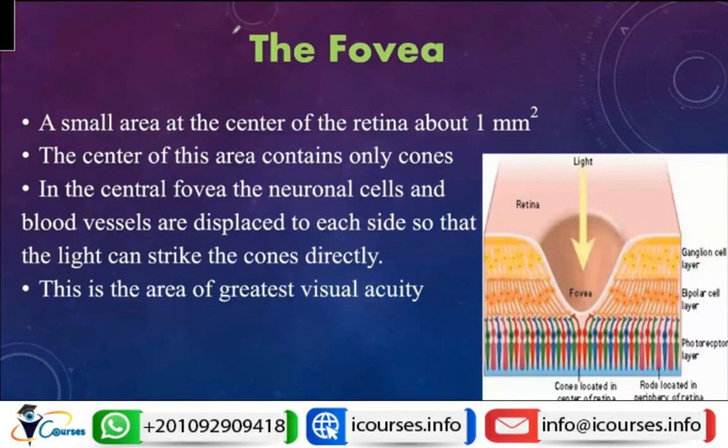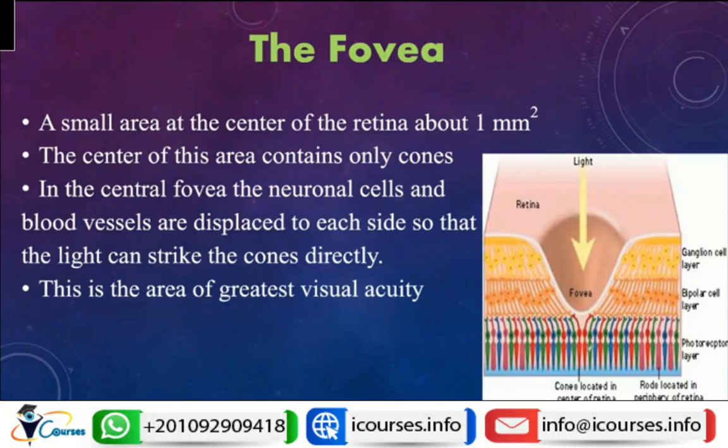So, starting with the important anatomical regions within the retina, we have the fovea. As we know, it is the central depression in the posterior pole of the eye, and it is the most sensitive part of the retina. It is about 1 millimeter square and contains only cones. As you can see, the other layers, like ganglion cells and bipolar cells, are displaced to the sides,